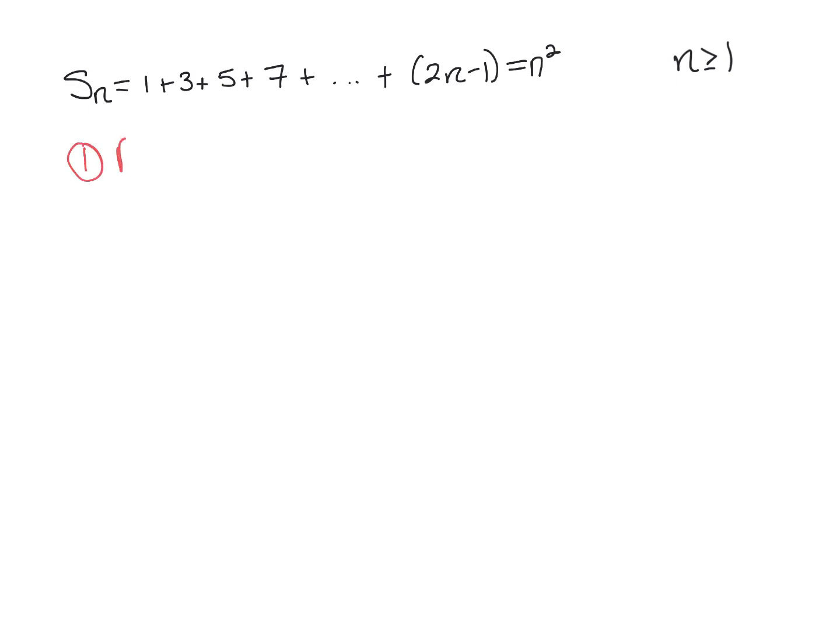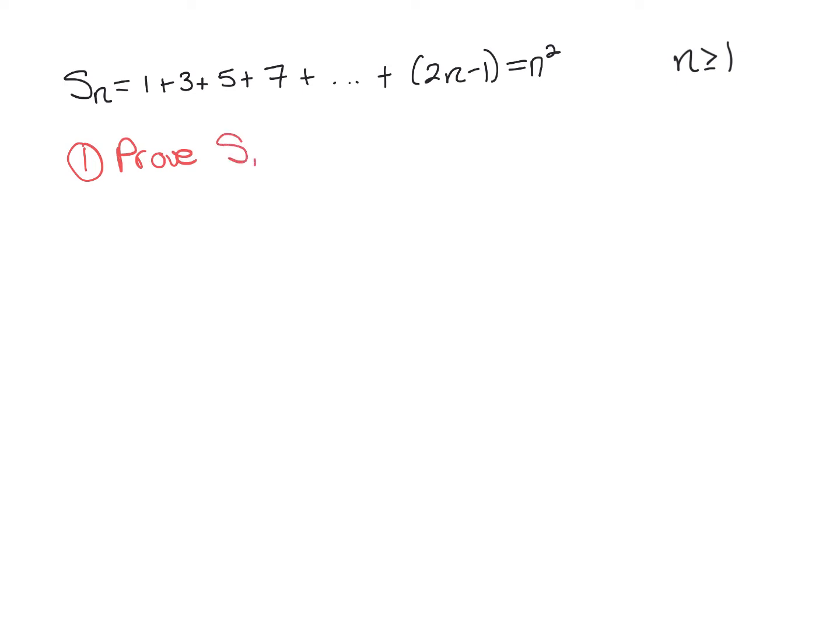So the first one that we are given to prove is that S sub n equals 1 plus 3 plus 5 plus 7 plus ... 2n minus 1 equals n squared. And then it says for all integers n greater than or equal to 1. Okay, so the first thing we have to do, first step, is you have to prove